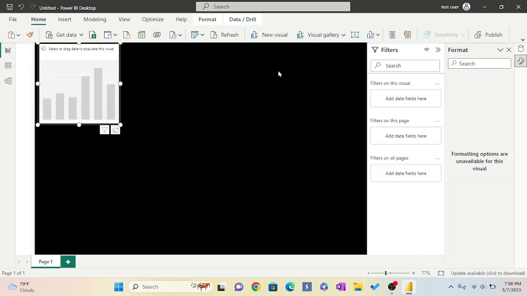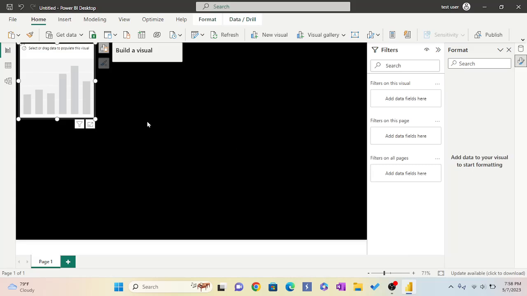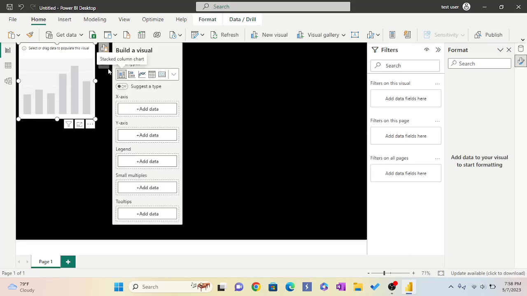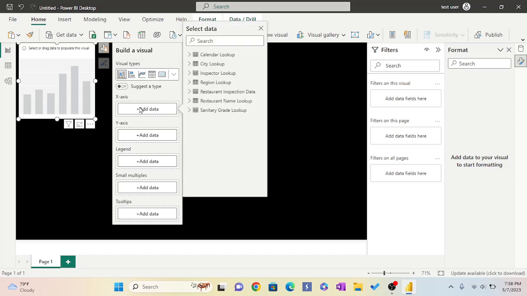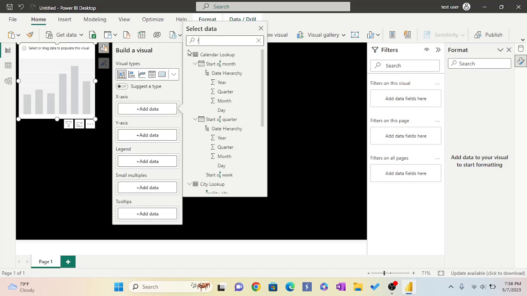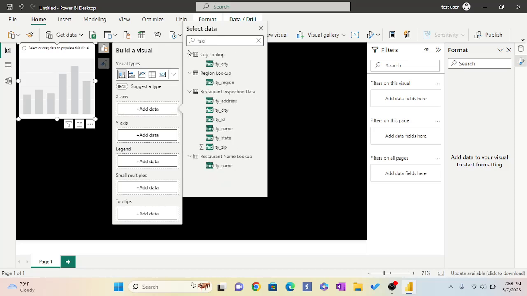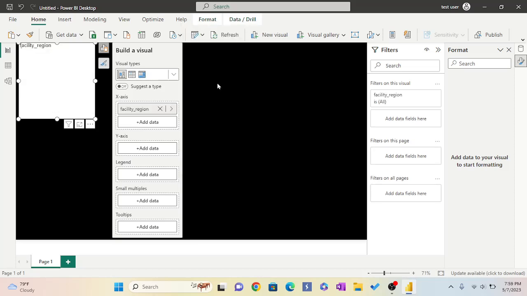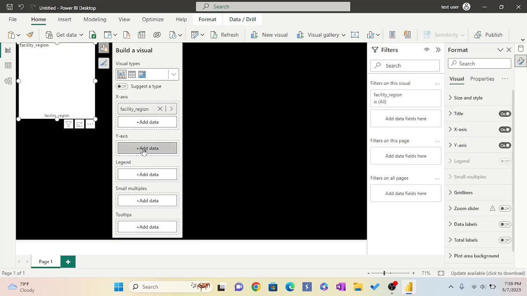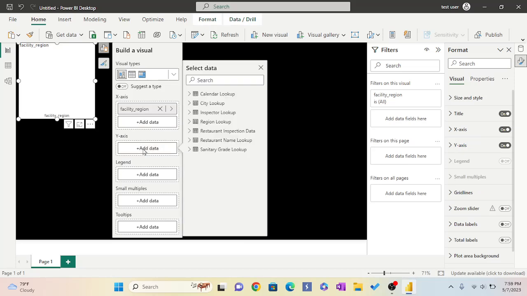I'm going to add here, in the x-axis, facility region. And in the y-axis, I'm going to add